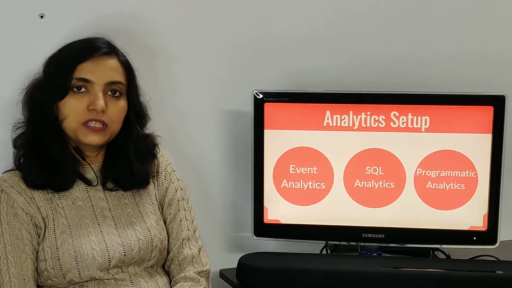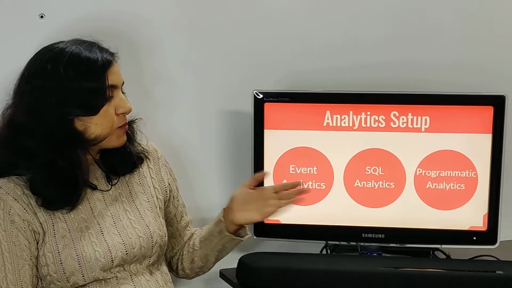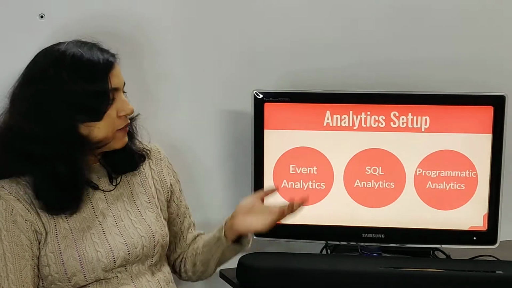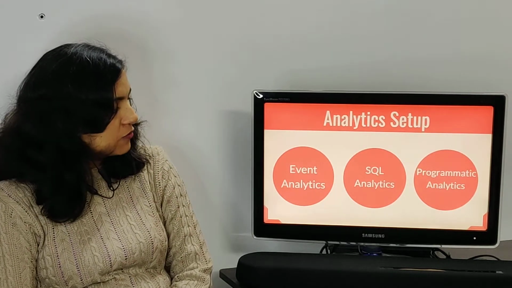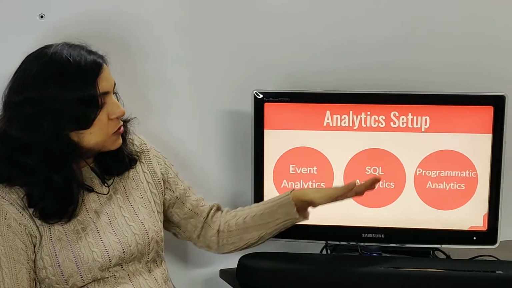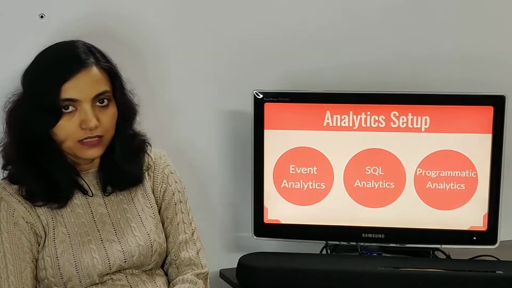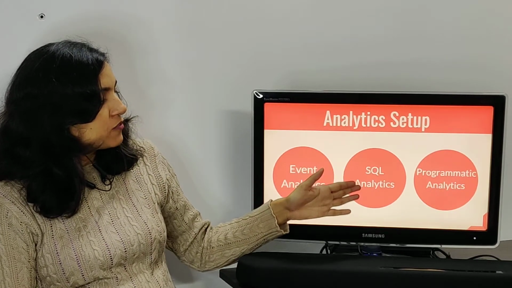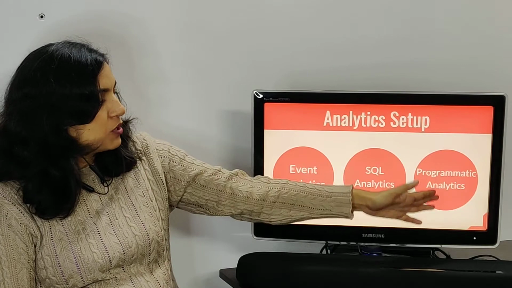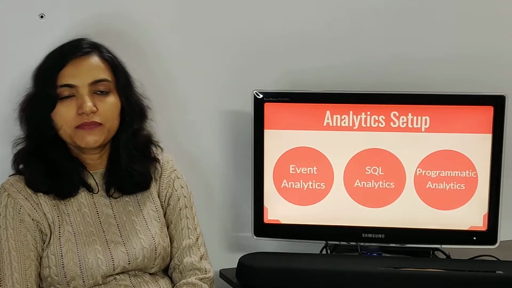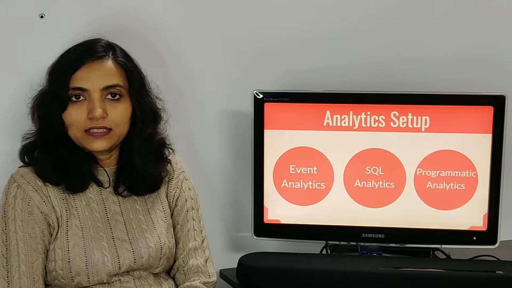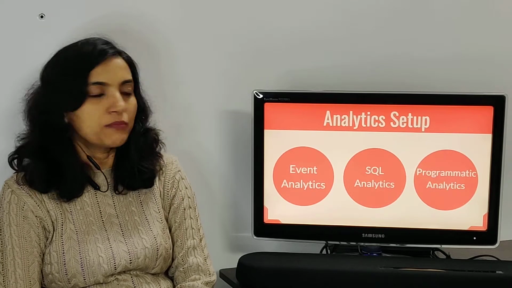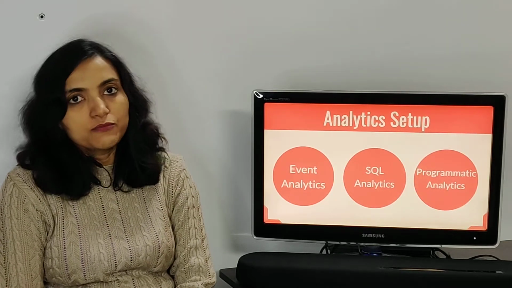When you start using product analytics, you may notice options that do not exactly fit into one of these boxes or that overlap across these boxes. That is fine. For example, Excel is often used for analysis, and the things that you can do in Excel could be done through SQL analytics, programmatic analytics, sometimes even event analytics. Or you may have BI tools, which we have primarily talked of in context of SQL analytics, but they may expand to include some of the programmatic analytics and support some of the stuff that event analytics supports. All of that is fine. Just understand that the tools and techniques are available, and you can use them depending on what data you have access to. So now let's move to the examples.